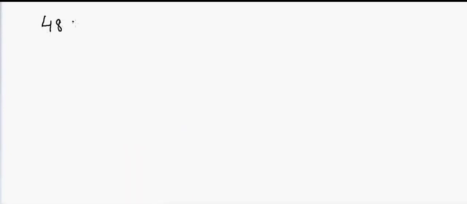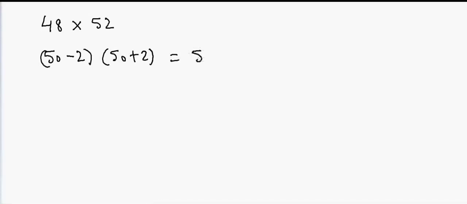Hi everyone, in this video we'll talk about another math trick which can be used for faster calculation. For example, suppose I have to multiply 48 and 52, so how will I do that? If you look at it carefully, these numbers are symmetrical around 50, so this can be written as 50 minus 2 and 50 plus 2, so that will be equal to 50 square minus 2 square,